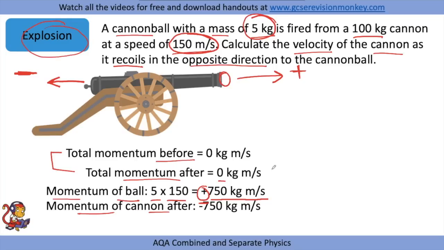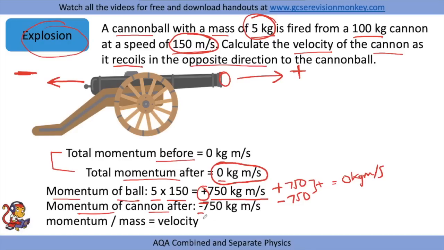And we know that because total momentum afterwards must be equal to 0 because of the conservation of momentum. And if the ball has gone forward plus 750 kilogram meters per second, then to get to 0, the momentum of the cannon afterwards must be minus 750, because if you add those two together, you get a total momentum afterwards of 0 kilogram meters per second. Okay, so that's how you get to that bit. So we know the momentum of the cannon afterwards is minus 750